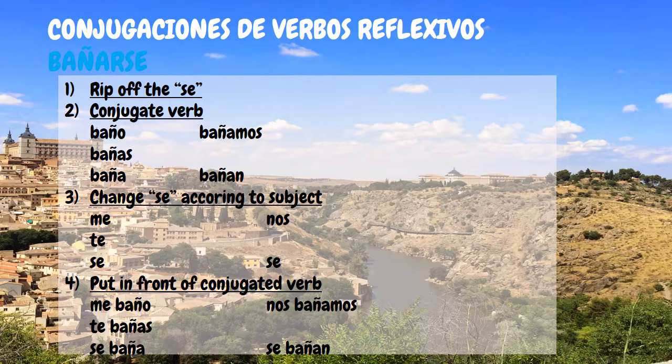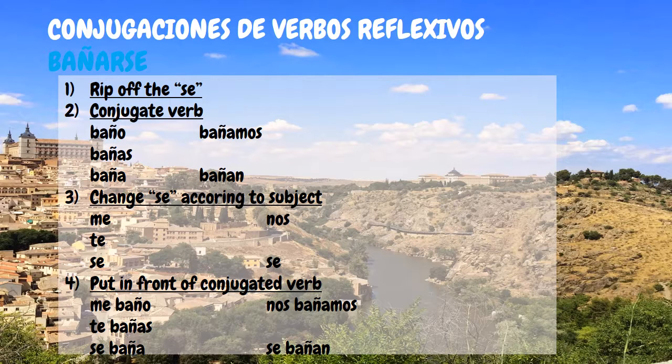Then number 2 says conjugate the verb. So we conjugate the verb just like we learned in Spanish 1: o, as, a, amos, an, right? Then number 3. In number 1, we ripped off the se, but we still need it. So in number 3, you go back to it and you need to figure out what your subject was. So if you conjugated bañar to baño,